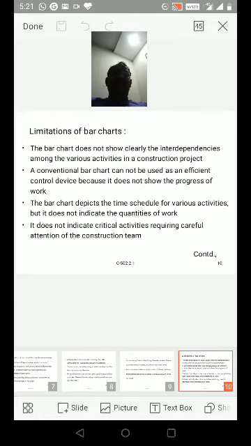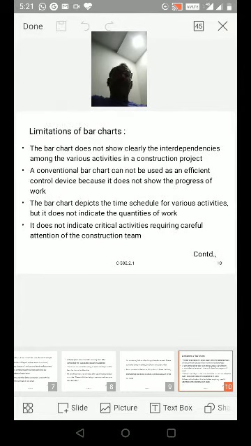In every project, some jobs are taken up concurrently and some are to be completed before others can begin. Hence, in a bar chart, some of the bars run parallel or overlap each other time-wise, and some run serially, with one bar beginning after another bar ends.